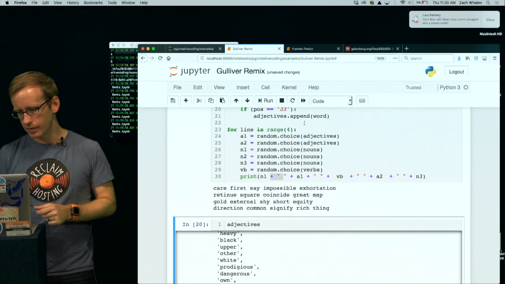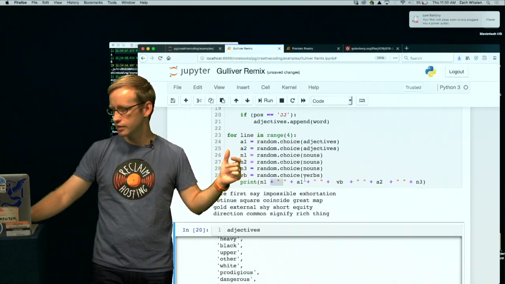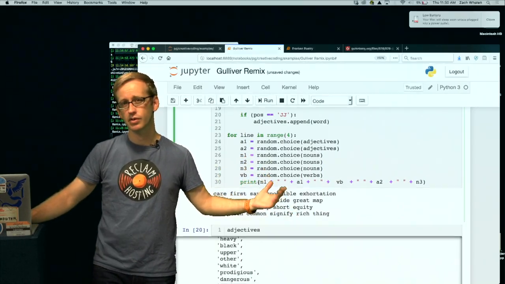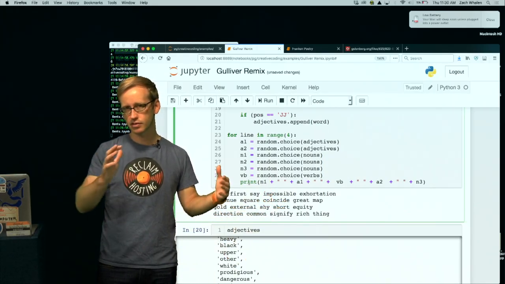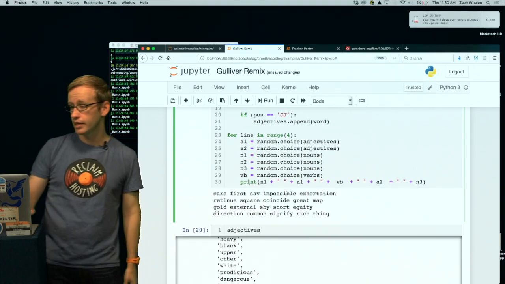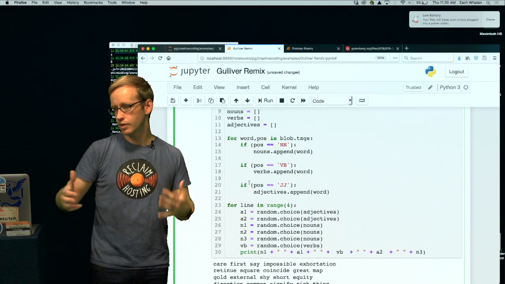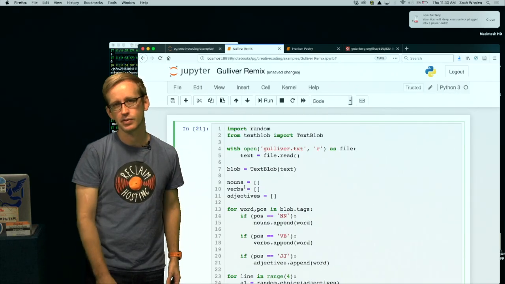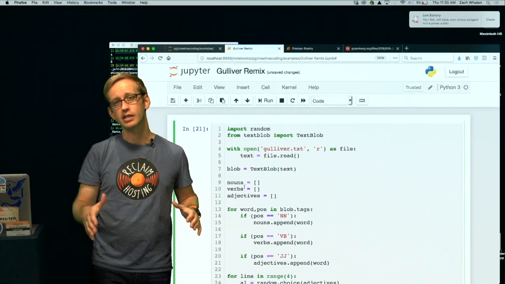And if you were doing this on your own, I would recommend varying the number of lines, changing out the syntax in here. You could certainly add punctuation or other things to make it look more like a sentence. You could have it choose a different pattern to print every time, and so you could create some variety in your lines. You could choose different parts of speech to select and then rearrange. And of course you can choose a different source text than Gulliver's Travels or Frankenstein.